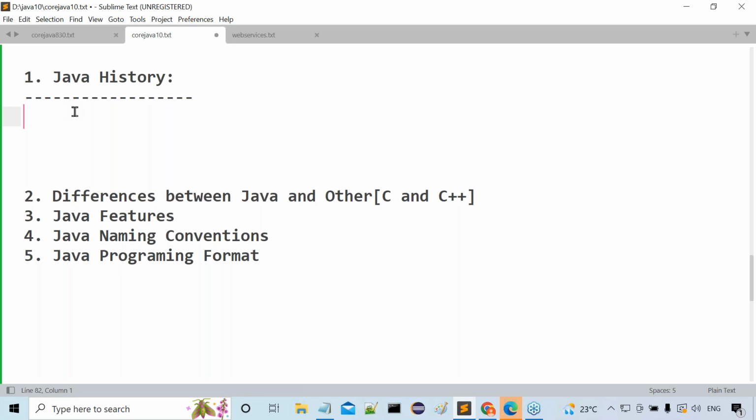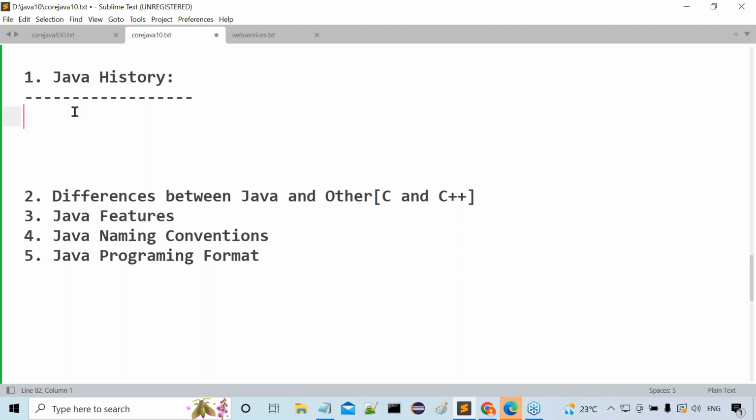Java history I'm going to teach with very good content and with perfection. It's very interesting content. So everybody has to put more concentration. At the same time, this is not important for your interviews. This is not important for your project development. This is clearly for the sake of your information. The background story for Java. Learning Java without knowing Java history is a totally different case. Because of that reason, we are going to start the Java programming language with a clear history. Try to understand it clearly now.